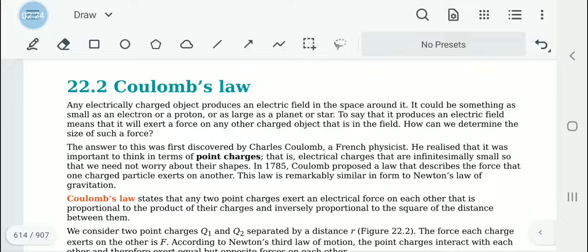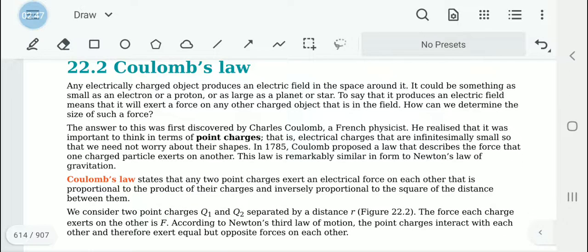So the electrical force generated on each other is proportional to the product of their charges and inversely proportional to the square of the distance between them. So that is what Coulomb's law states. So based on that, let's see